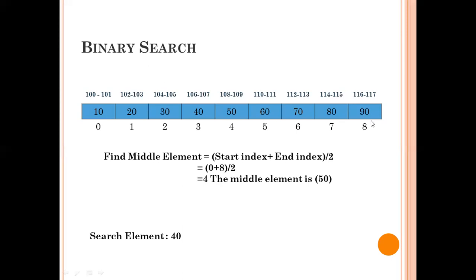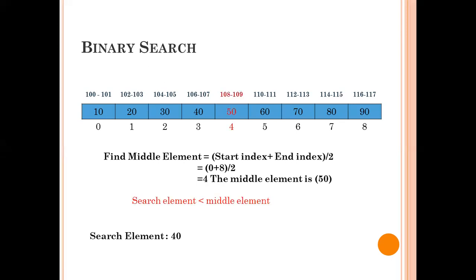We are not going to search the entire array, not like linear search. What we do in linear search is take an array and search element by element, one at a time. But here in binary search, we check the middle element. If the element that we are searching for is lesser, we check the front portion of it. Or else, if it is greater than the middle element, we'll be searching in the remaining half of the array.